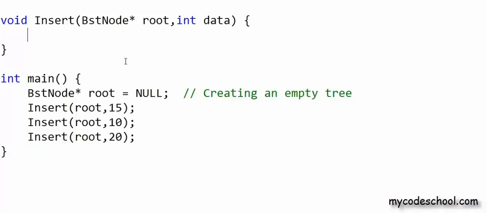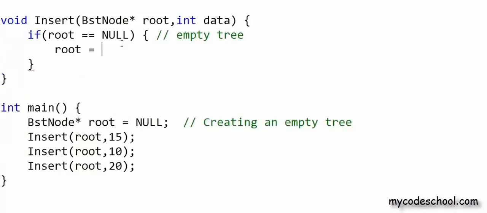First of all, the tree may be empty. For this first insertion, when we are inserting the number 15, the tree will be empty. If the tree is empty, we can simply create a new node and set it as root. With this statement, root = getNewNode, I'm setting root as the address of the new node, but there is